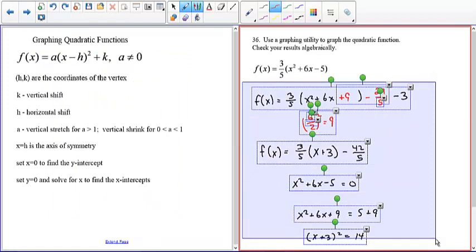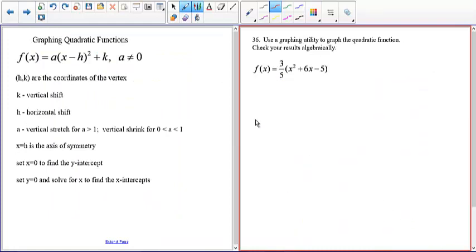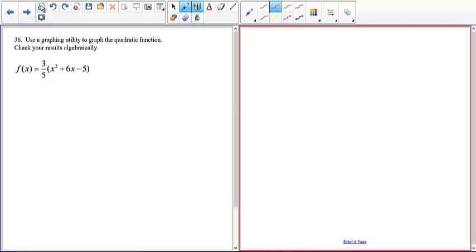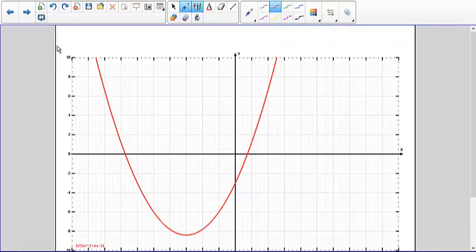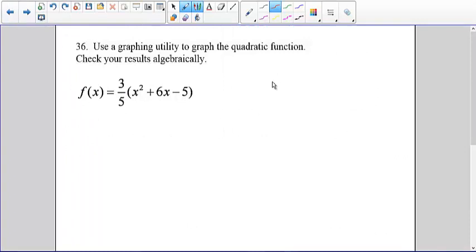Okay, so let me just delete this one, and we'll do it. It says you graph the utility. Well, yeah, we're gonna do it analytically, and then compare it. Okay, so what do we do here? Well, it's not in standard form. So what we might do is take this 3/5